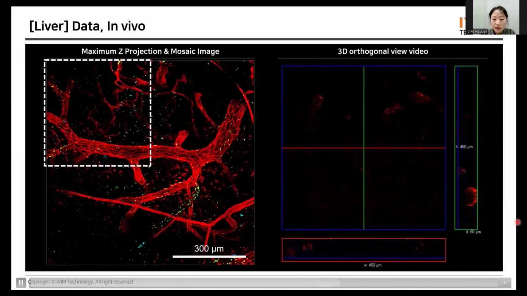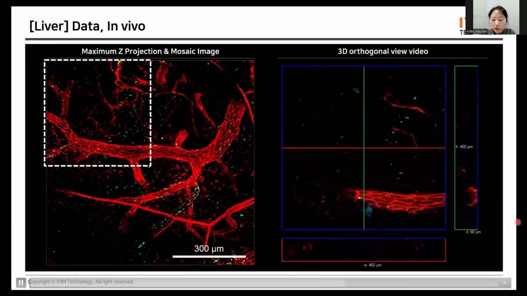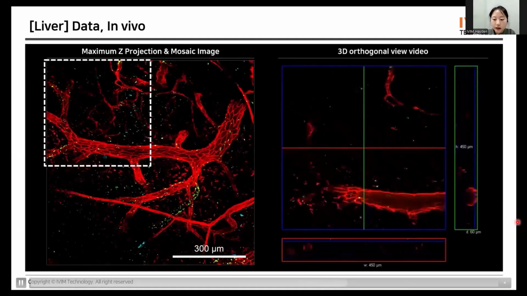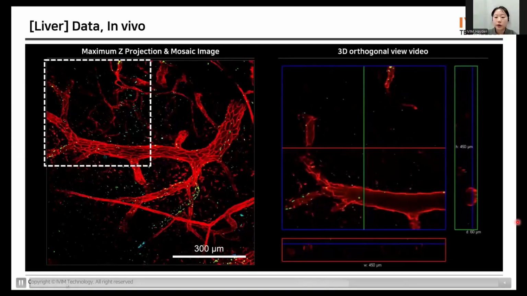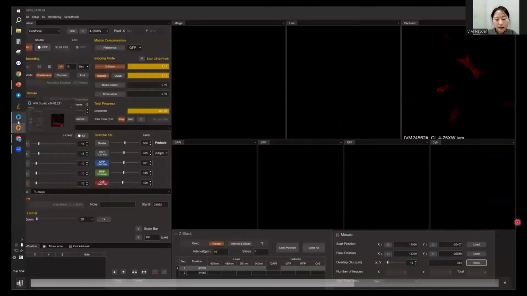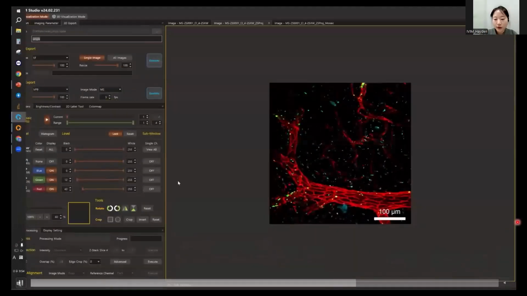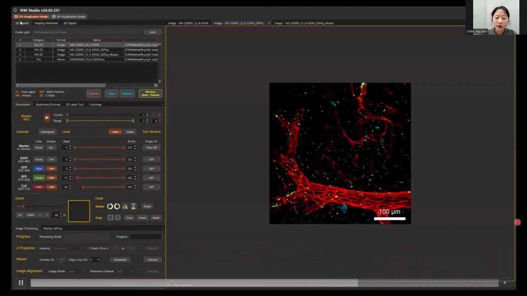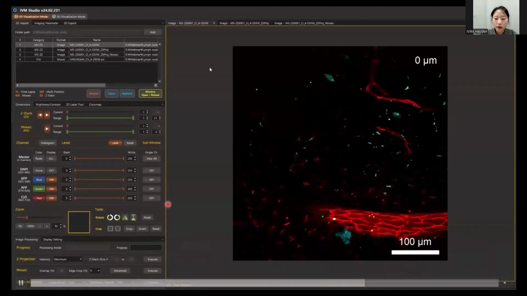Okay, so let's move on to demonstrate how to post-process the acquired data using the IBM Studio, our software for 2D, 3D, and 4D in vivo data processing. So please note that due to the time constraints, we may not be able to cover every function in this short demo. So by adding the Hive directory folder into IBM Studio, you will have access to all the categorized